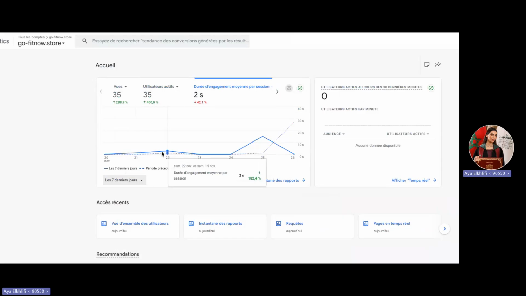Here we have 2 lines. The line chart compares the traffic trends across dates. We have the solid line, which shows my current week's activity, while the dotted line, as you can see here, represents the previous week. This is a visual comparison, which helps me see when traffic increased and dropped, and whether, for example, there is a clear trend or an isolated peak.